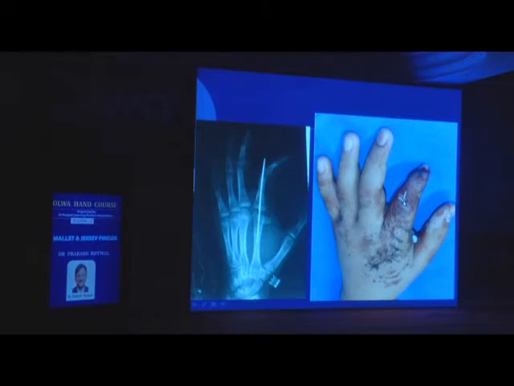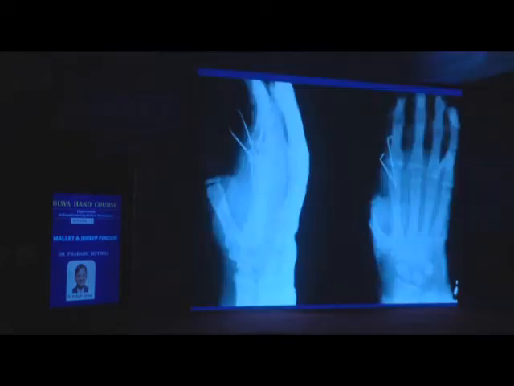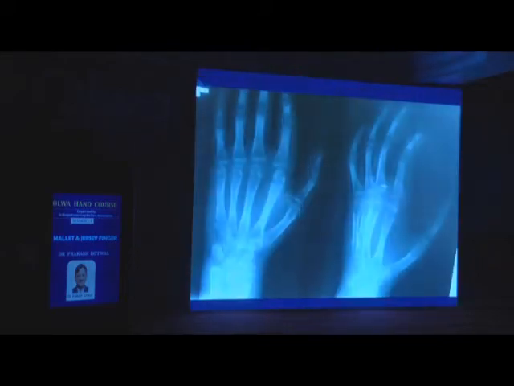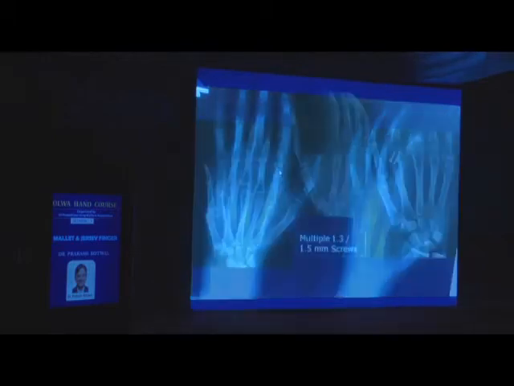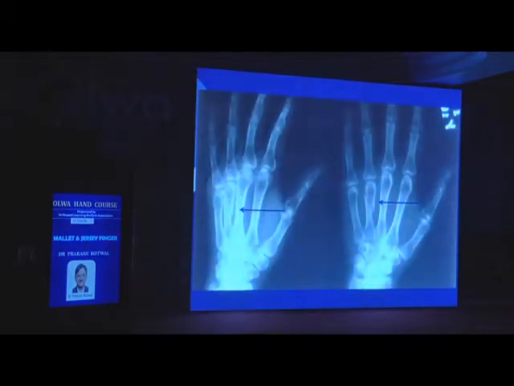So there are too many things which are actually not right in this. So you need to revise this. You open it up, and these are the fragments which are lying loose. So you fix them with thin K wires, fixing them into position, and you can get a good healing of the fractured pieces. Or alternatively, you can also fix them with mini screws, because this is too small a fragment, and you need to restore the articular surface of the joint, and obviously also look for the rotation.